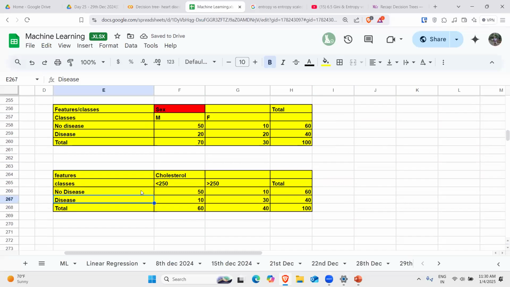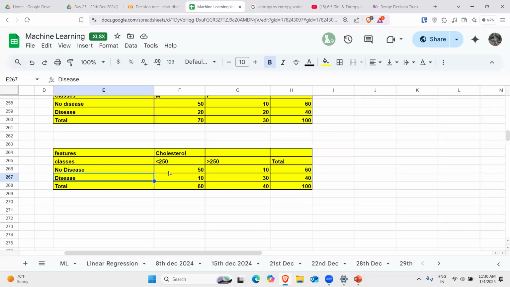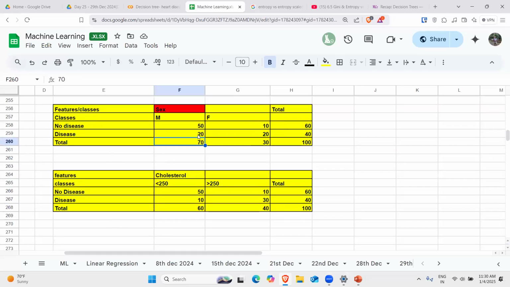Okay. Now the probability of the two classes within the male subset counts out to be 50 divided by 70, 20 divided by 70. So let's say probability of class 0 will be 50 divided by 70, and probability of class 1 would be 20 divided by 70, right? Now the probability of the two classes,